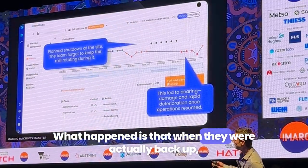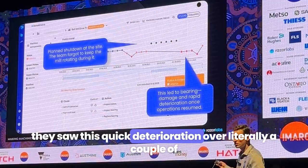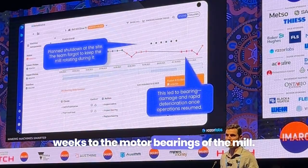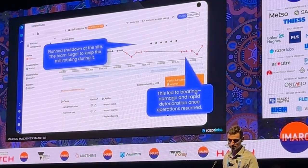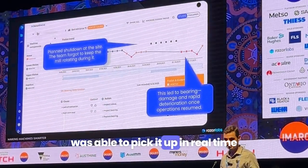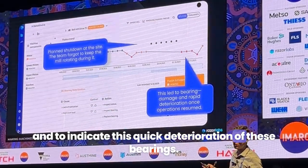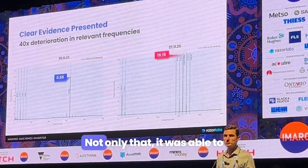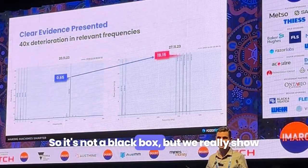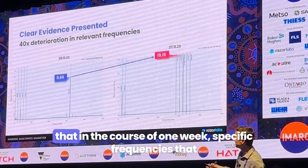What happened is that when they were actually back up, they saw this quick deterioration over literally a couple of weeks to the motor bearings of the mill. Our system, which is an online system, was able to pick it up in real time and to indicate this quick deterioration of these bearings. Not only that, it was able to show what we call the evidence. So it's not a black box, but we really show evidence to the team on site, where we can see that in the course of 1 week,